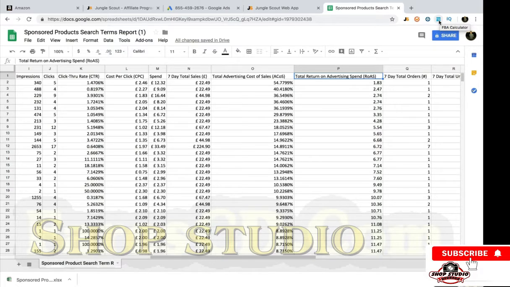So if you are working with a 50% profit margin, let's just say your profit margins are 50%, this here, going from highest to lowest, as you can see, anything below 50% is perfect for you. I mean, if it's 50% or below, 50% means that you're breaking even, so you're not losing money. I know that might seem counterintuitive, but for now, all you wanted to do is